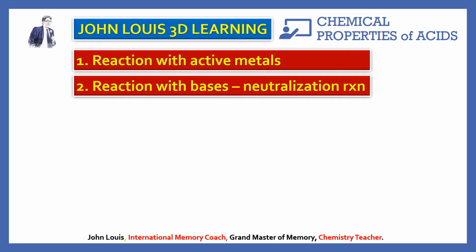So in this chapter, acids, we will be learning about mineral acids only. So what are the mineral acids? Hydrochloric acid. So what's the formula of hydrochloric acid? HCl. And the other mineral acid is nitric acid, HNO3. And the other mineral acid is sulfuric acid. So sulfuric acid formula is H2SO4. So we will be learning about the properties of these 3 mineral acids only.